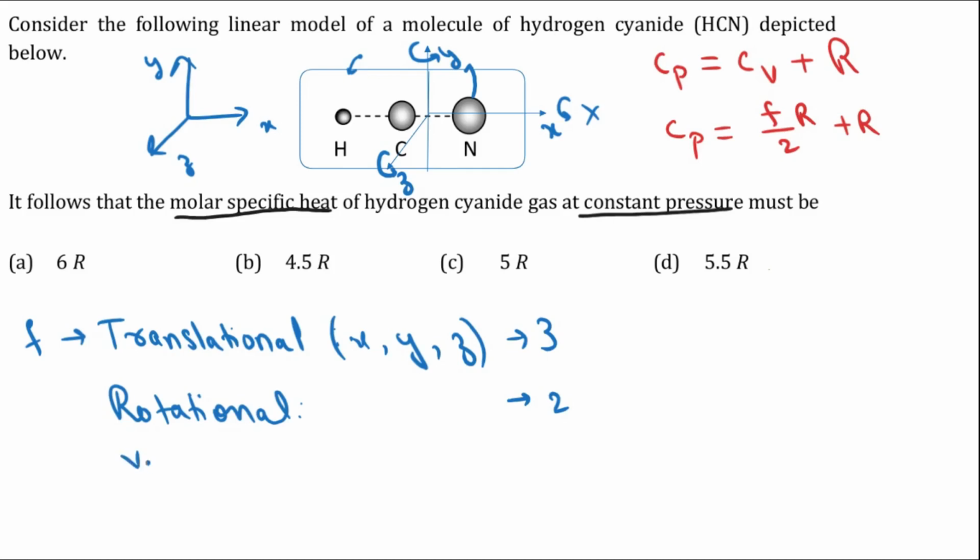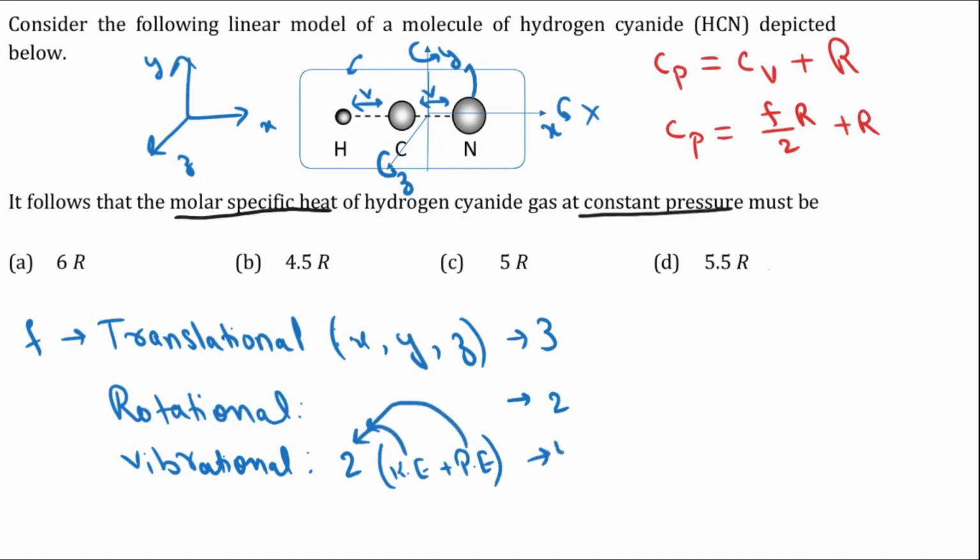And third, we have got vibrational degrees of freedom. Now, as we can see in the picture, there are 2 bonds in which vibration can occur. This is one and this is another. In these 2 bonds, vibration can occur. So there are 2 bonds, but vibration has 2 different degrees of freedom. The kinetic energy gives 1 degree of freedom and potential gives another, which means in fact there are 2 kinetic and 2 potential, which means 4 degrees of freedom in the vibrational part, and therefore we end up with F equals